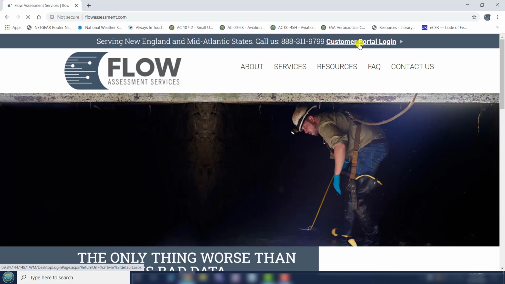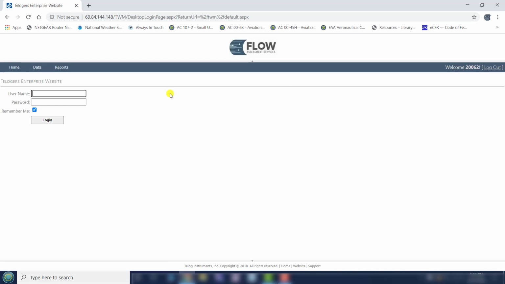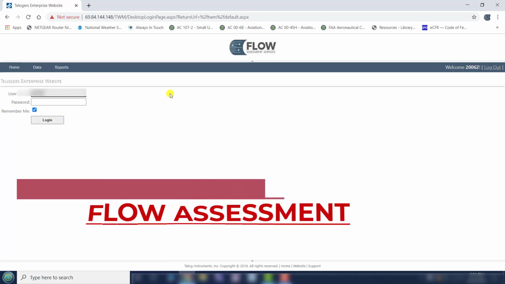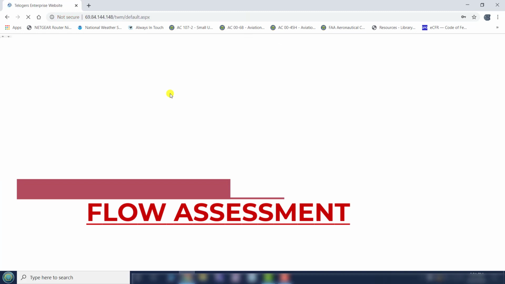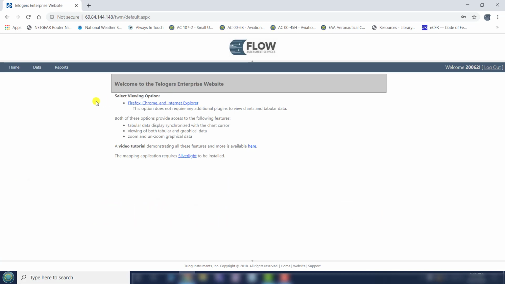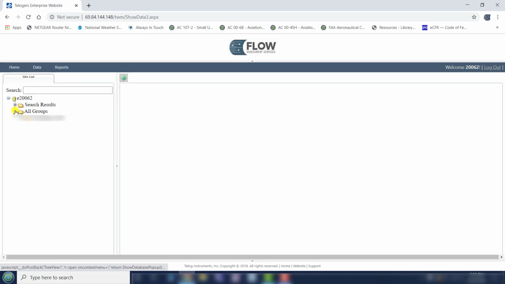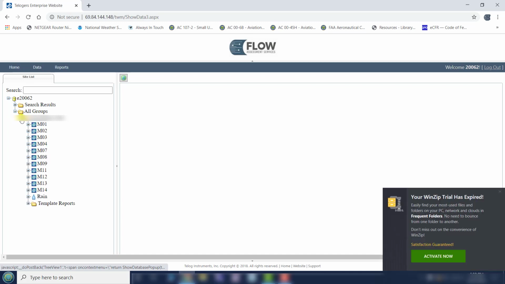go to Customer Portal Login, enter the username and password you were provided via email, log in, go to Data, All Groups, open up the sites,